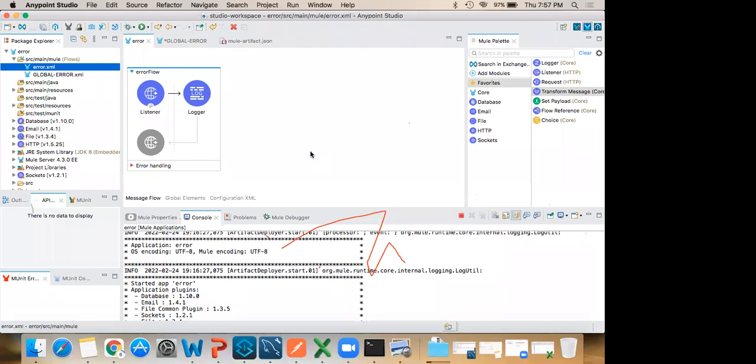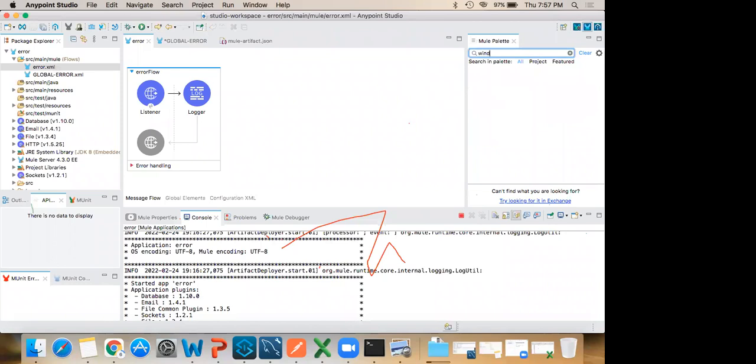Yes, we have different types of server connectors like SFTP and HTTPS. Correct. We also have a Windows connector, to flow messages from one system to another system. You can use flow reference. That is there, but is the Windows server also available in MuleSoft? No, I never heard of that. Even I'm not able to find it here.